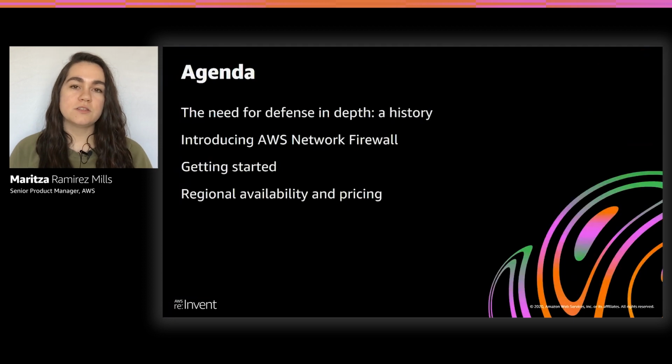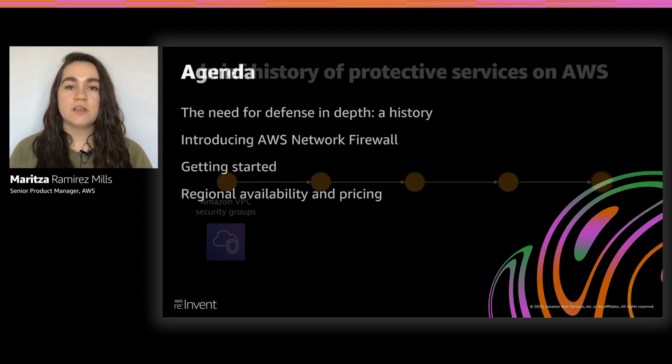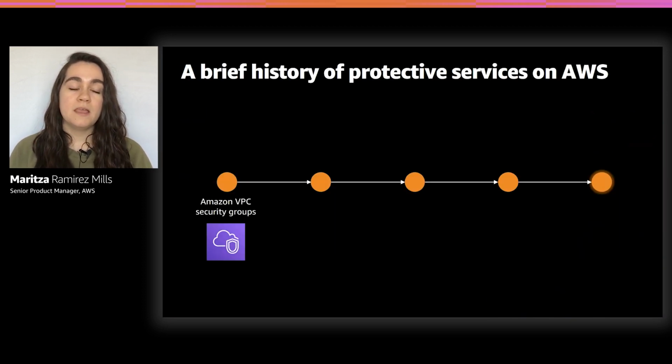I'll start by walking us through the agenda for today's conversation. We'll start by looking at a history of firewall controls on AWS and the need for a defense in-depth approach to security. Next, I'll dig into the details of what AWS Network Firewall is and some of the benefits that it brings to your security posture. Then we'll take a look at how you can personally get started and what the current regional availability and pricing is for the service. So let's get started by looking at a history of protective controls on AWS, starting with